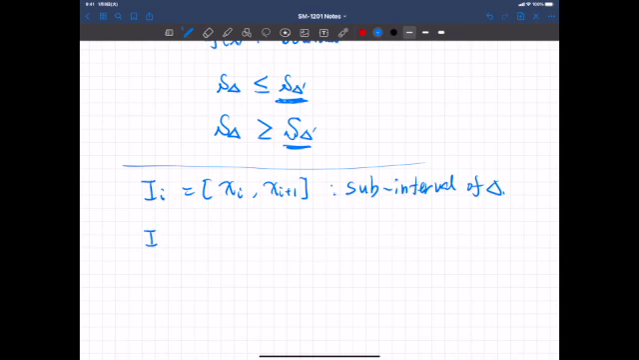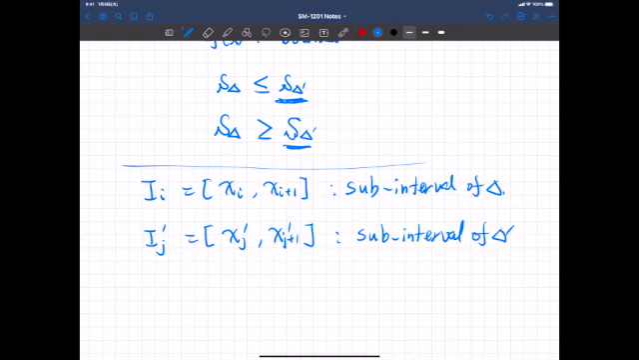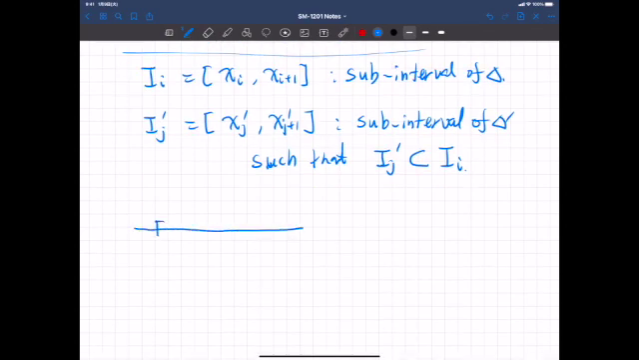And also we choose a subinterval ij prime. Let's call it xj prime to xj plus 1 prime. This is a subinterval of delta prime, such that, not just any subinterval, such that the latter subinterval is included in the former interval. Okay, so this is like this. So if we have a subinterval xi to xi plus 1, then xj prime is somewhere between this, j prime and xj plus 1 prime. Okay,